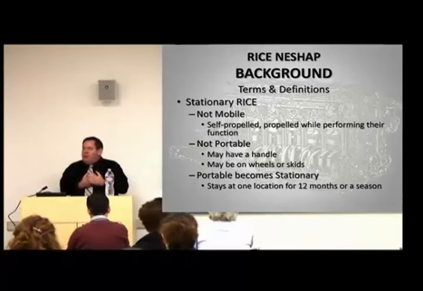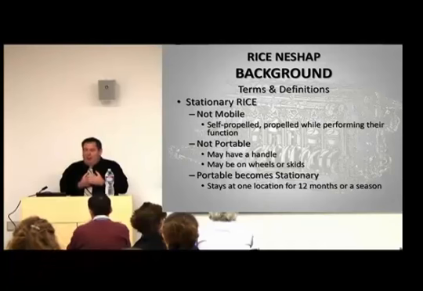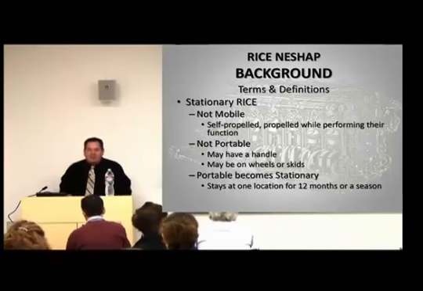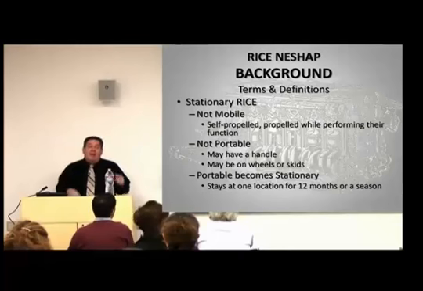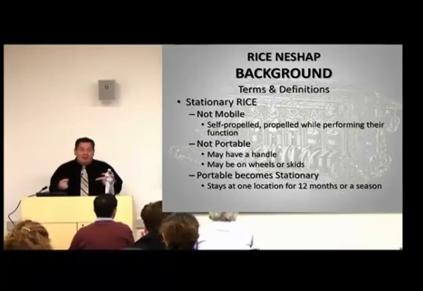It can have all the wheels in the world on it. It can have beautiful skids. It can have cables on it, ready for a crane to pick it up. But if it's been sitting there for 12 months, it becomes stationary. And the big issue is this. Once it becomes stationary, it should have been in compliance the day it showed up